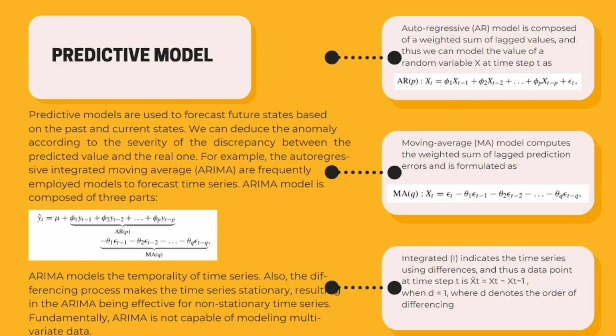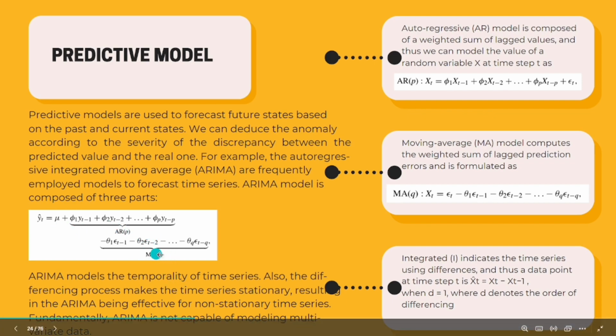Moving on, here we have the predictive model. Predictive models are used to forecast a future state based on past and current states. The most common algorithm in predictive models is the autoregressive integrated moving average, also known as the ARIMA model, and it is composed of three parts: